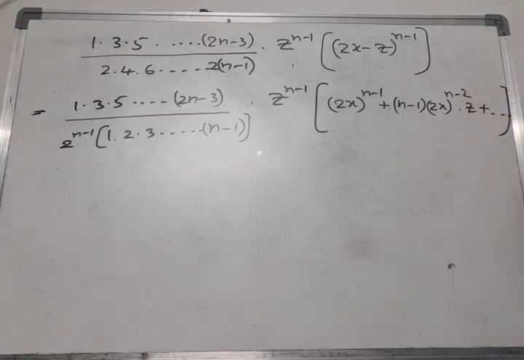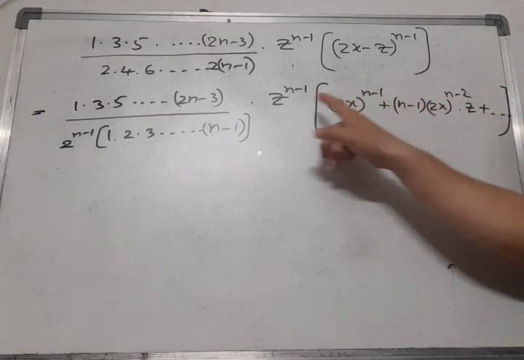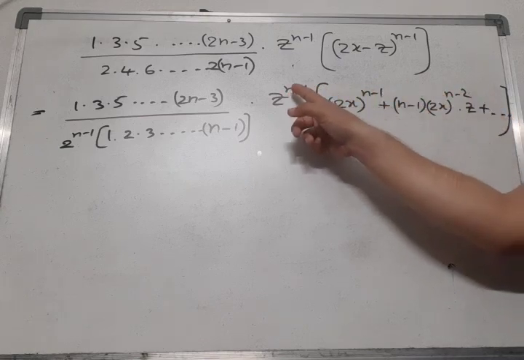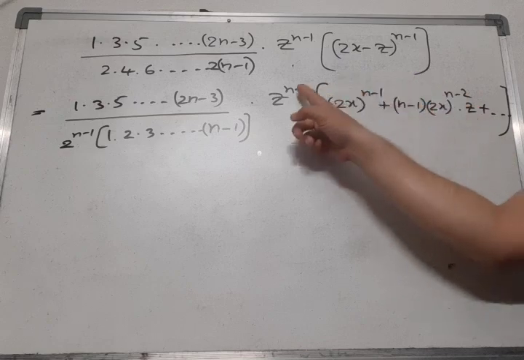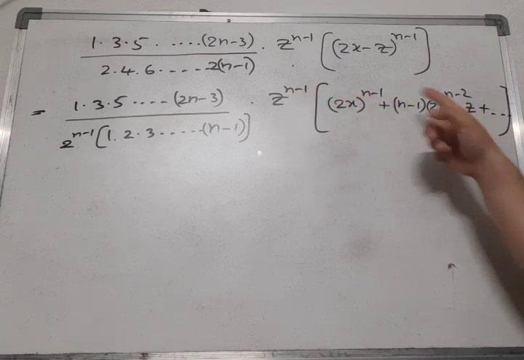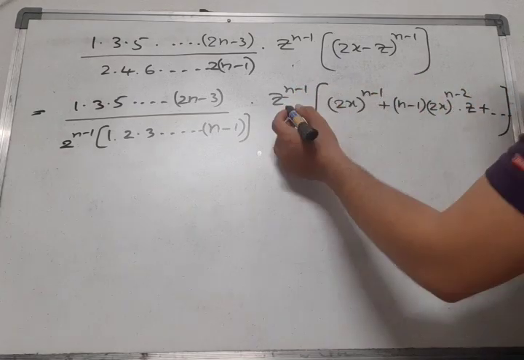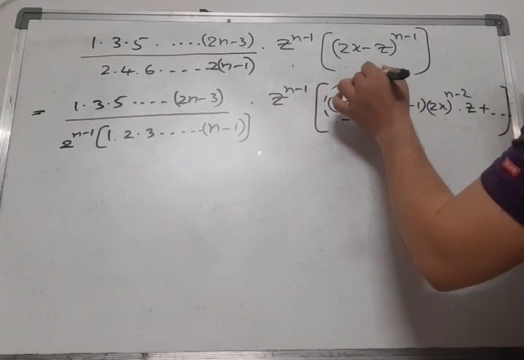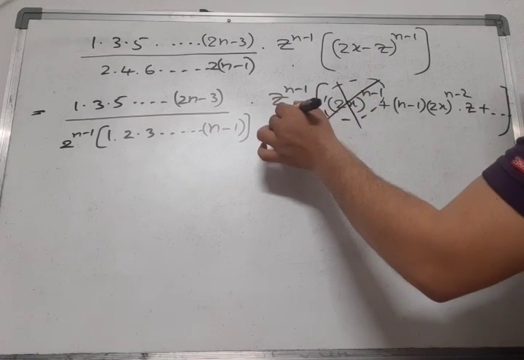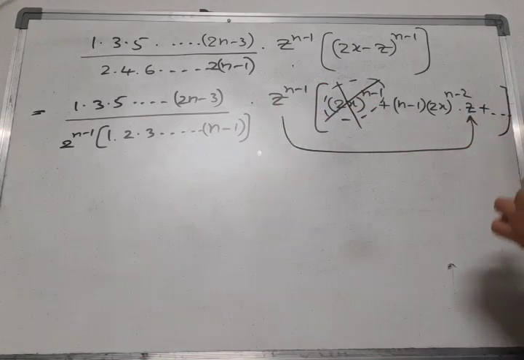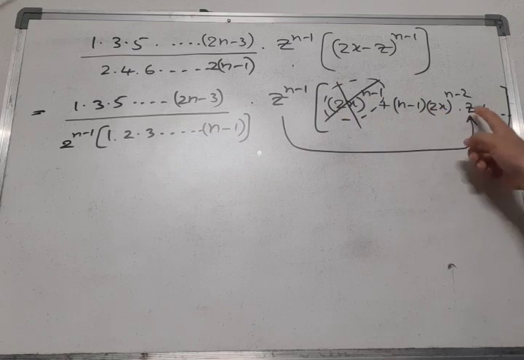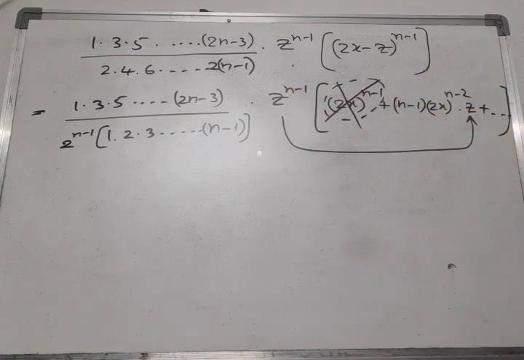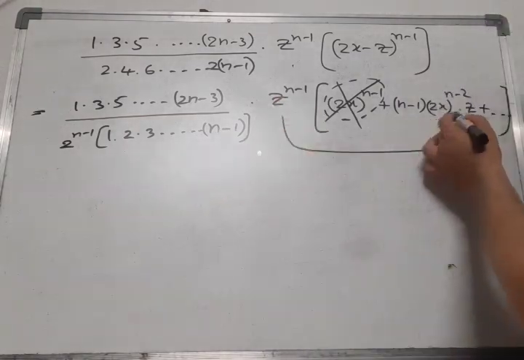We don't want third term and fourth term, up to second term it is enough, because you multiply this z power n minus 1 with z, this is z power 1, this is z power n minus 1 and plus 1 is there and minus 1 is there, get cancel, again you will get z power n, right? So you need to multiply with the second term, not with the first term. So here the first term you no need to multiply, you need to multiply with only this second term, because z to the power of n minus 1 is there, z to the power of 1 is there, n minus 1 plus 1, it will become n again. So I am going to multiply with this second term only.